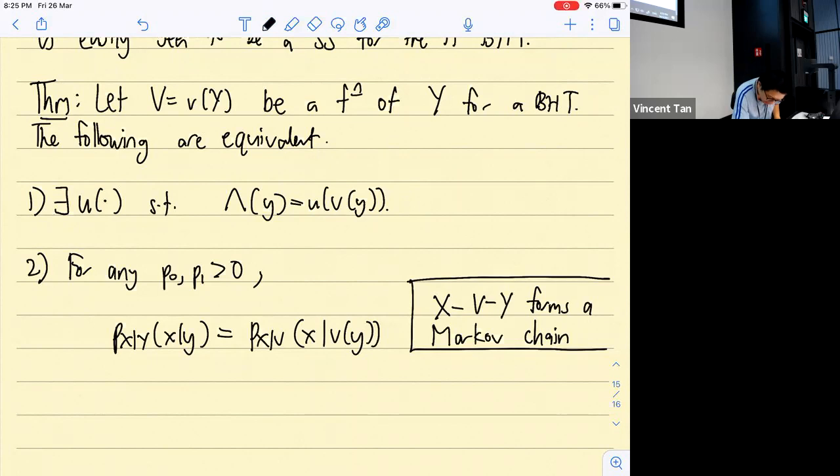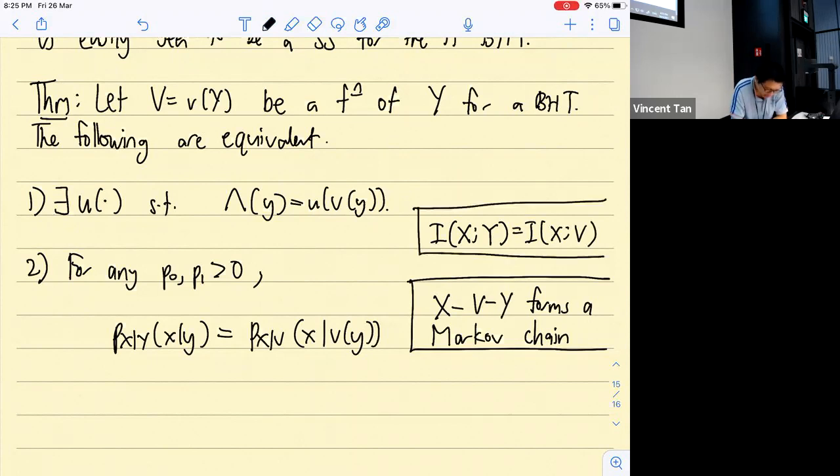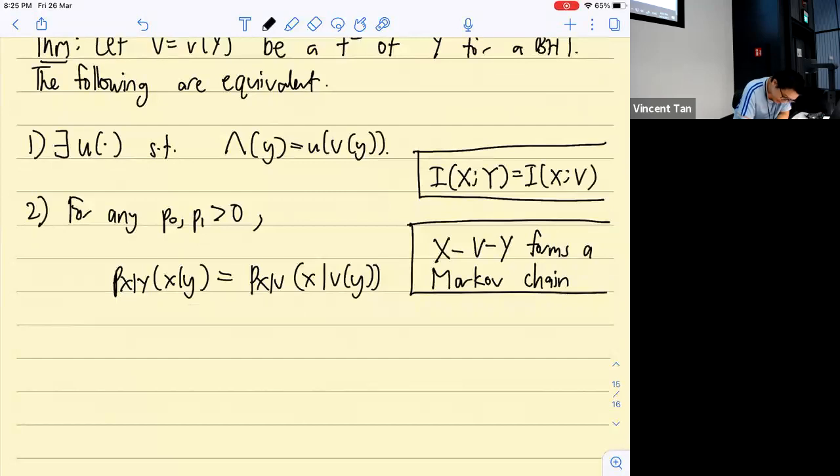if you know information theory, this is mutual information. There's some relationship between x and y. And the relationship does not get destroyed if I look at x and v. The mutual information gets preserved. This information theory is in section 2.9 of Cover and Thomas, the standard information theory book. So basically this says that, remark,